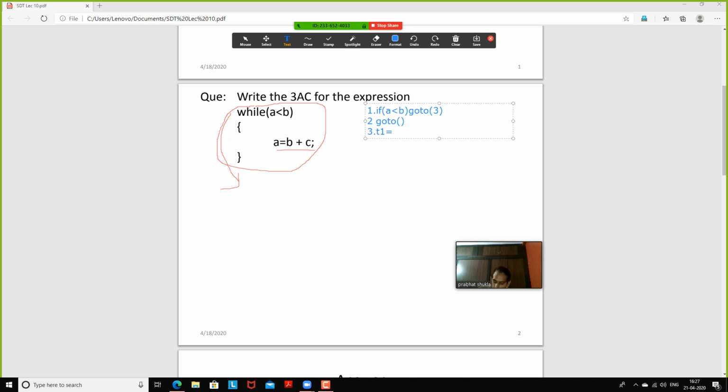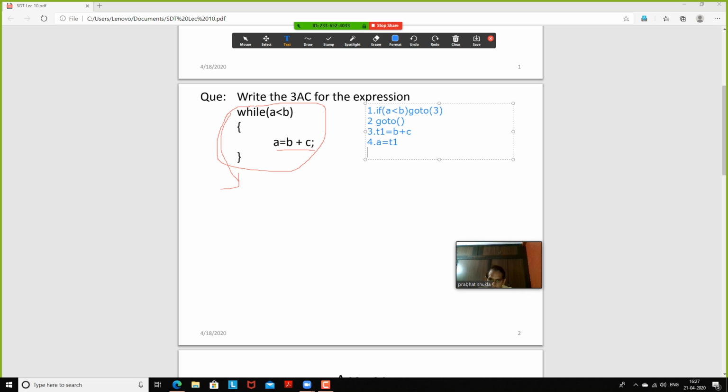So simply we will write b plus c and assign its value into t1, and the next step is to store the value of t1 into the variable a. After performing this instruction a equals b plus c, our control moves again and evaluates a less than b.